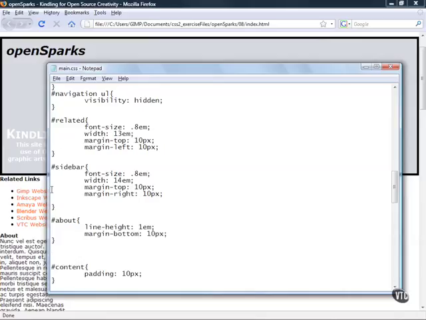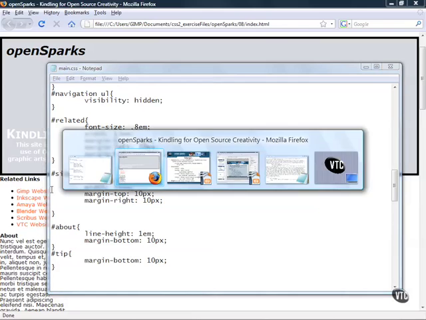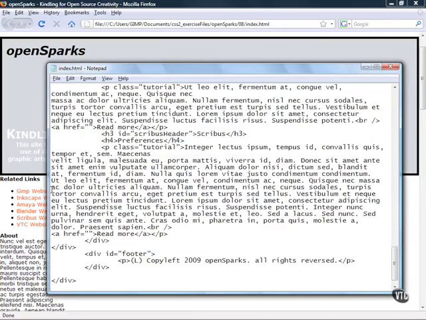So in addition to our about, I'm also going to add in a rule here targeting the other item in the sidebar, which is the tip. And I'll set up the bottom margin there as being 10 pixels as well. And I also want to jump back up here to our related and set the margin bottom for that as well. I'm going to save that and then jump over into my HTML